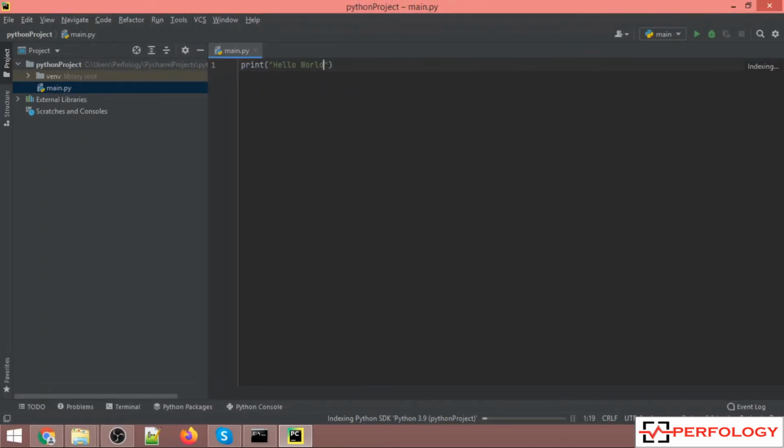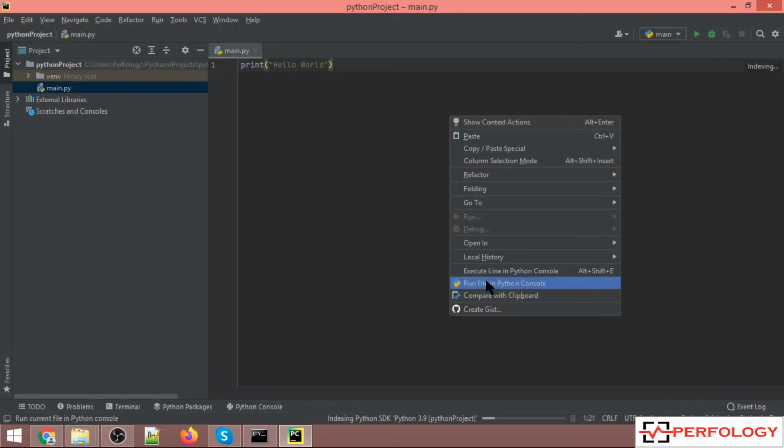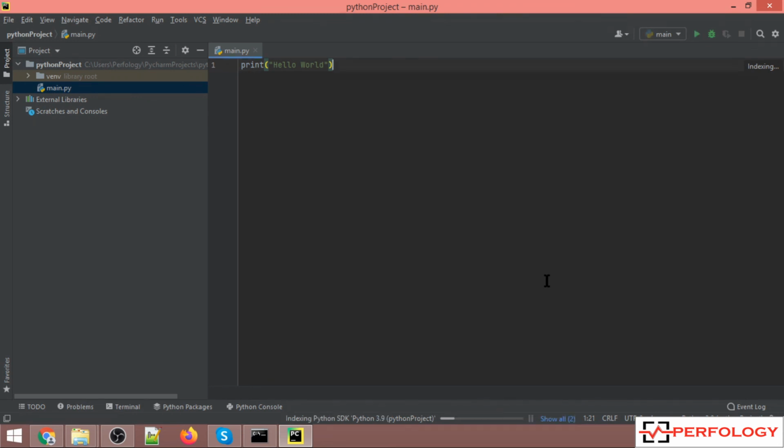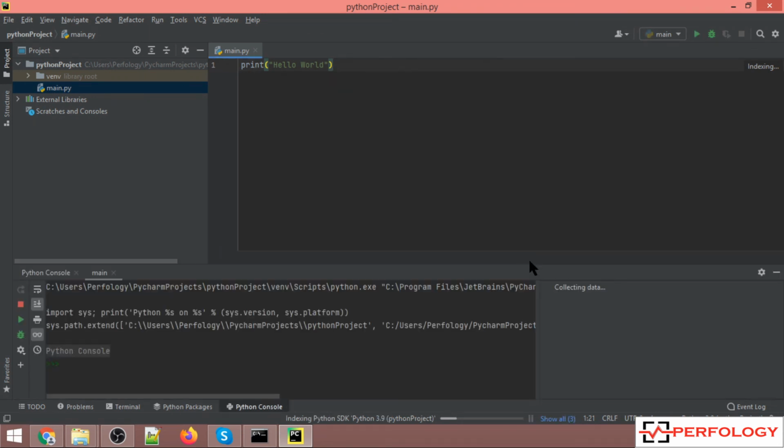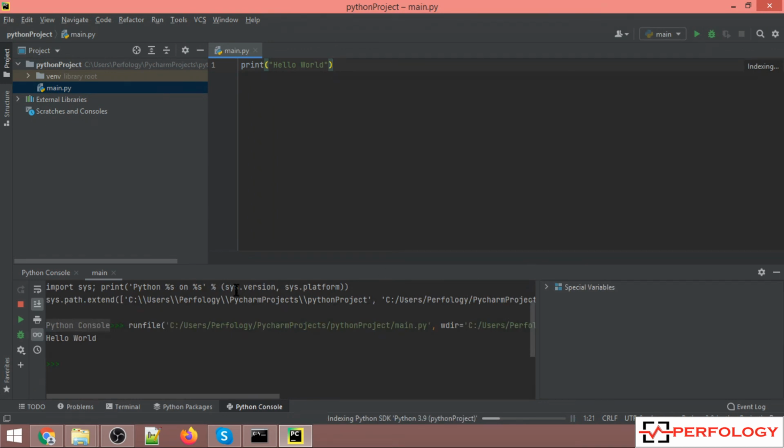Now to execute this code, either we can run it from here, the option provided over here, or we can right click over here and execute run Python file in console. So now you can see we have got the output over here, hello world.